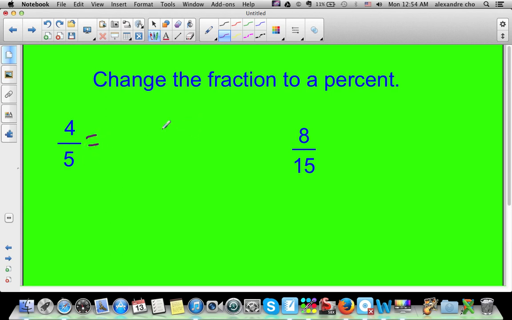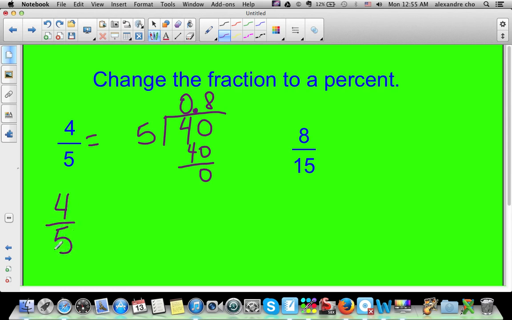How do I change 4 over 5 to a decimal? In order to change a fraction to a decimal, you've got to divide. So 4 goes inside, 5 goes outside, and I divide. 5 goes into 4, no. Add a 0, add a decimal, add a 0 here on the side. 5 goes into 40, 8 times. Perfect. So 4 over 5 as a decimal is 0.8,